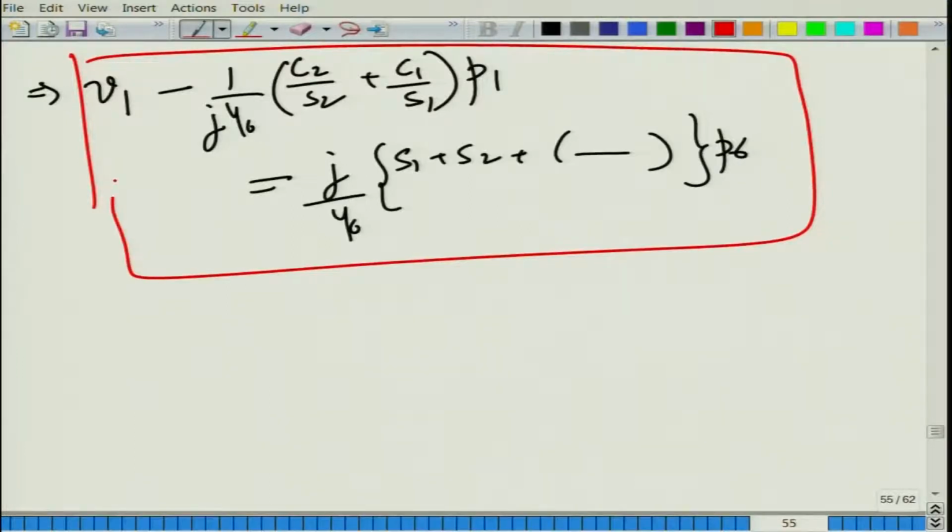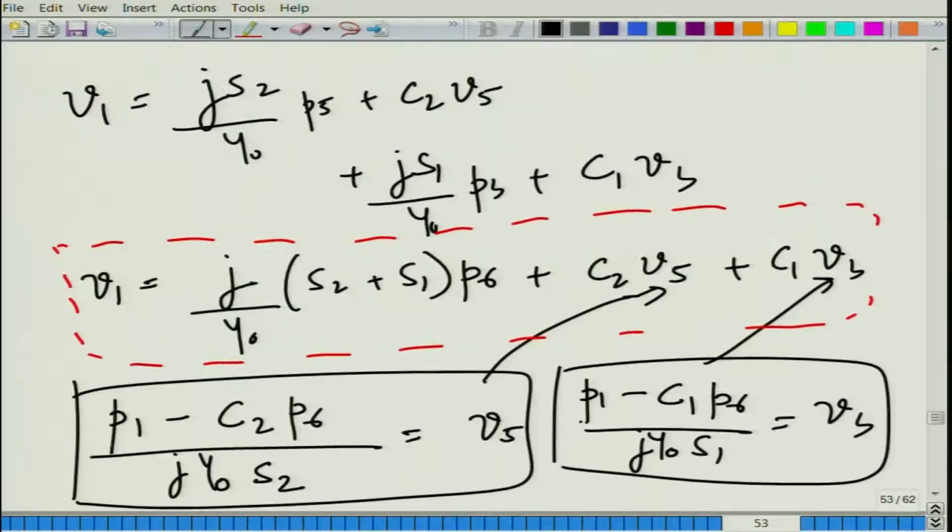Okay, and then you need to invoke another such identity for doing the analytical derivation. So, what do we do? What is the other identity that we have? This is of course one of them. What is the other one? V6 is equal to V4 plus V5. Now, V4, V5 we have already figured out from the slides here.